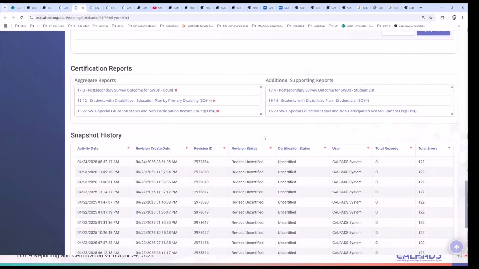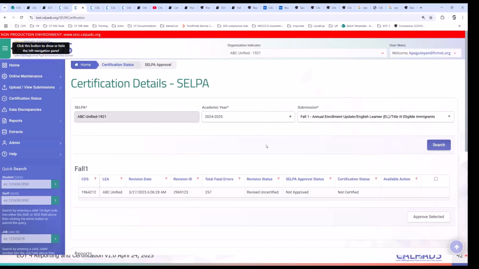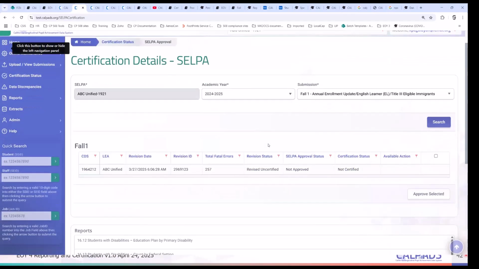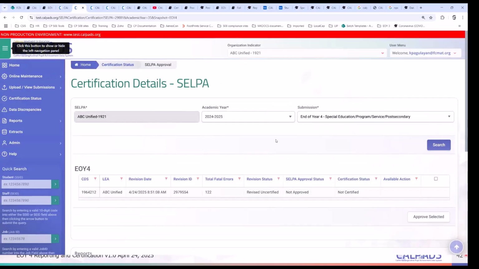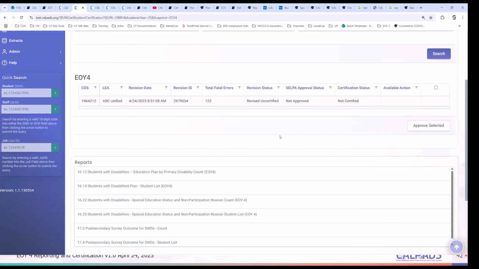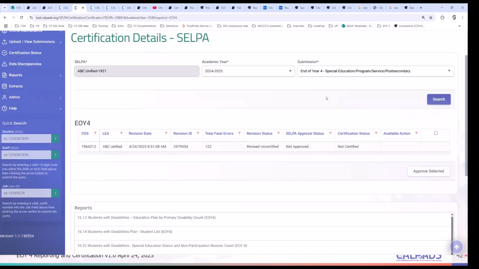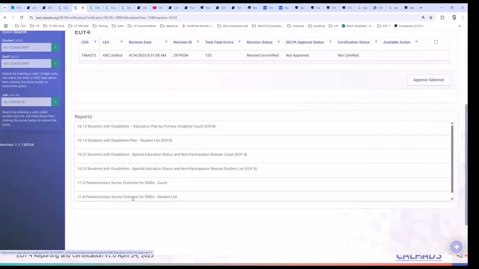And then once you are LEA approved, the SELPA will get a notification that you've approved your end of year 4 reports, right? And so now, as the SELPA, I would go here and then review the reports on the SELPA level.